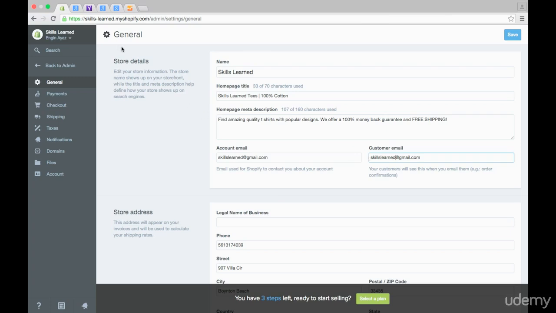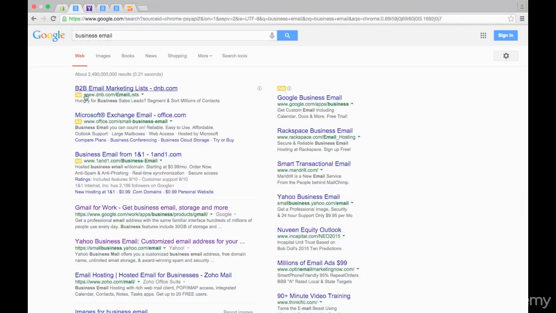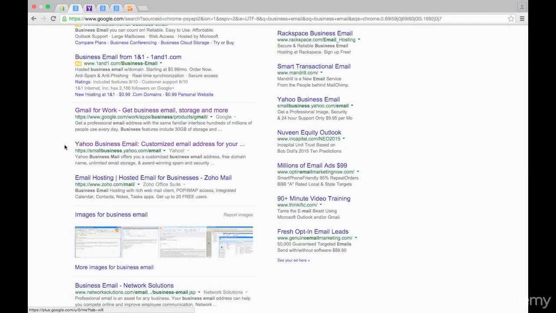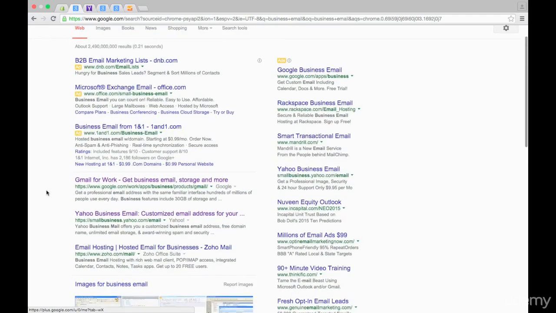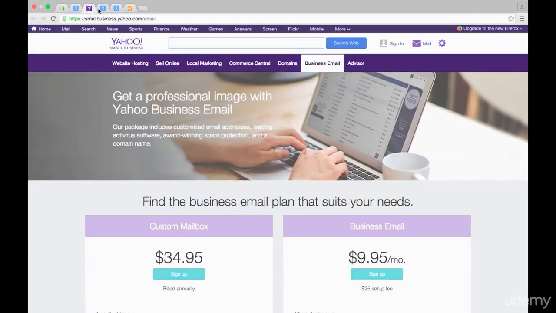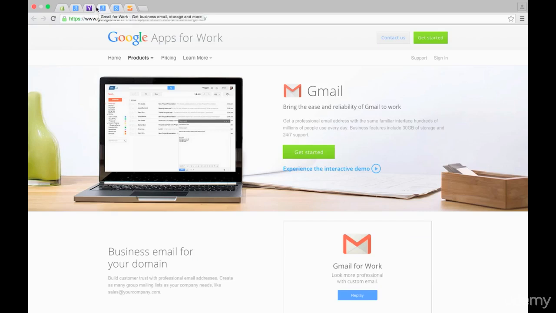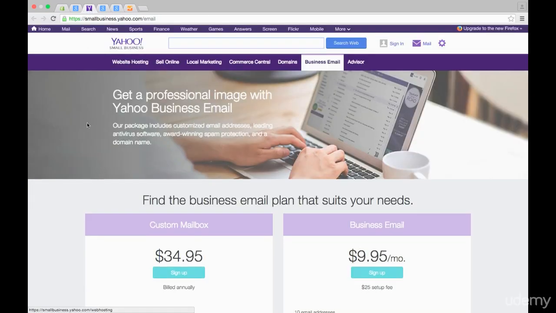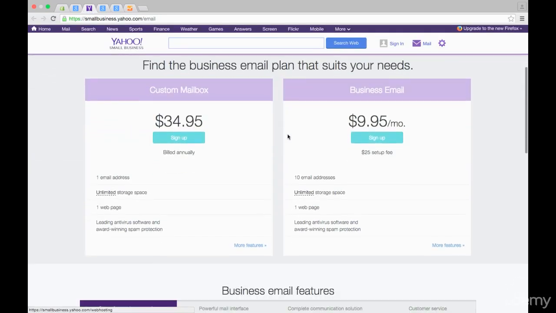So the way to do that is to do a quick Google search for business email, and you'll see that you have many different options. So you have Gmail, Yahoo, Zoho, and many others. I've gone ahead and went to the first two options, which are Yahoo and Gmail. So with Gmail, it's an app system. You can get started by clicking the top right-hand button over here, and by the end of it all, you'd have a business email that you could then put into your customer email area. Or you could go to Yahoo and you can get an email with them,